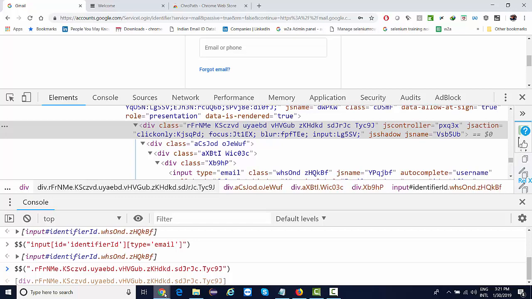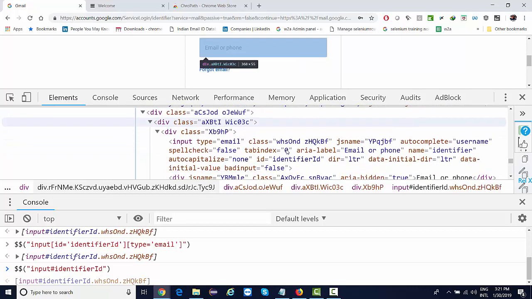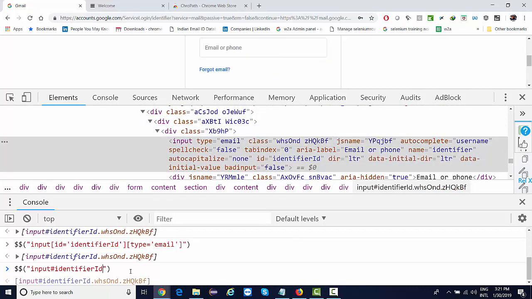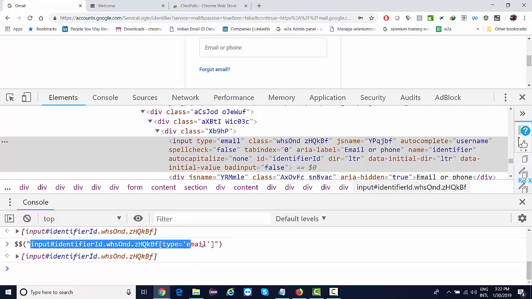So this is the CSS of this element, right? This is how you're going to form it. The tag name is just the tag name. Hash is the identifier ID. And with this identifier ID, this element has a class as well. This is the class, so I can say dot and the class, right? And if you want to concatenate any attribute, you can say type equal to email. So this is how you'll be forming a unique CSS for this element,